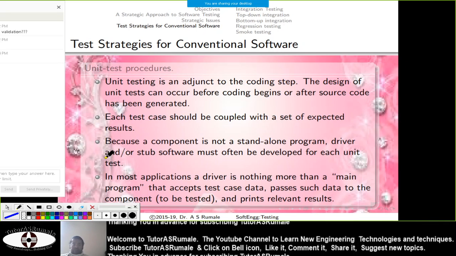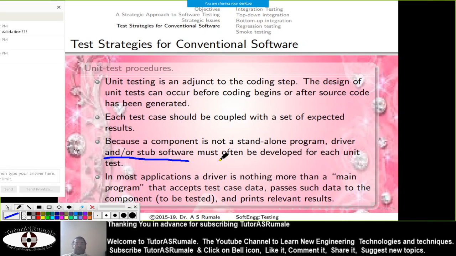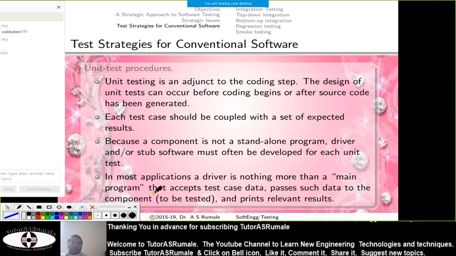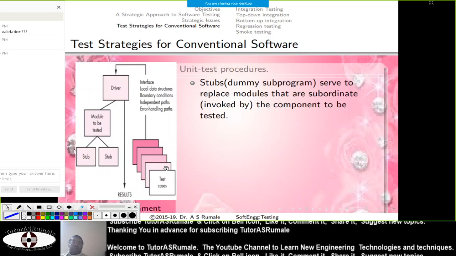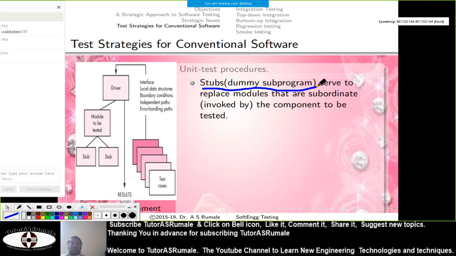This dummy environment is generally called a stub. These stubs are generally used to check each and every component. Once these components are verified by the main program with the accepted test case data, we can say it is verified. You can integrate it now for further use. So unit test procedures involve stubs, the dummy programs for execution or checking of the components.